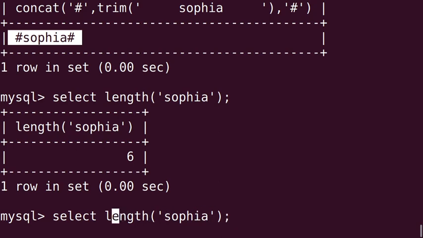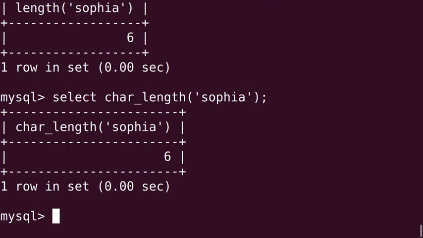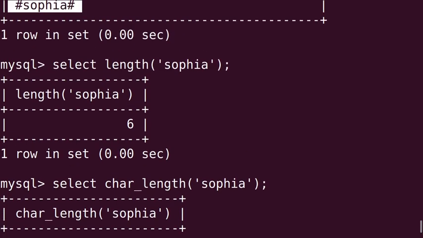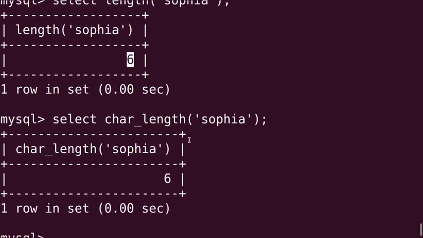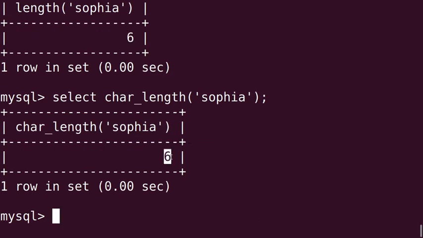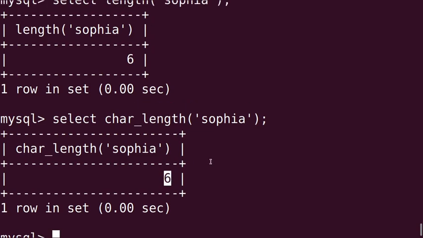Next, in place of length, suppose we are using char underscore length. We will get 6. Same output, isn't it? Here output is in bytes and here output is in characters, right? Where is the difference then?